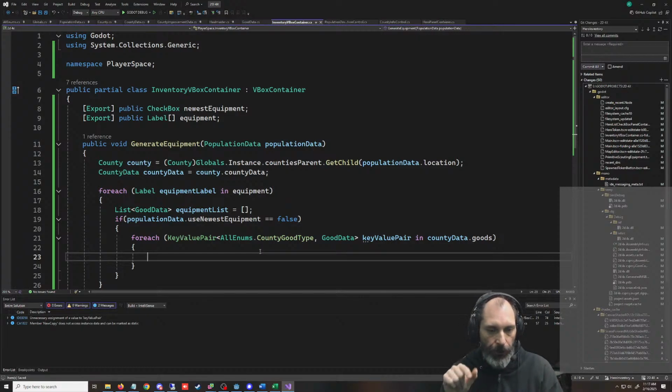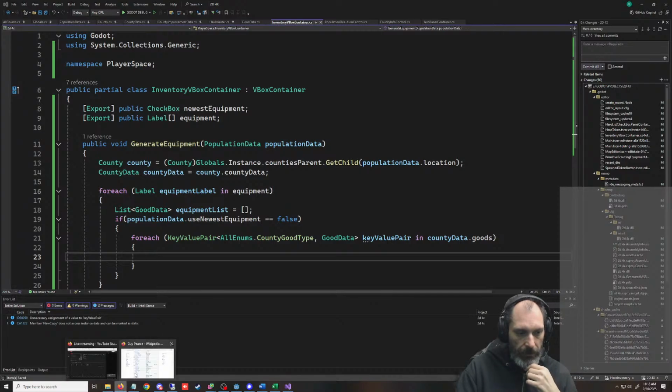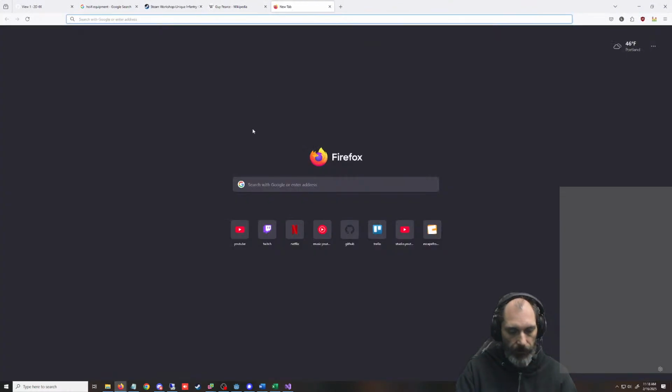All right, so we're going to go through each one of these in there. And so we're going through each label. So it's going to hit the first label. Can we get the label's index? We could do it with a for loop instead of a for each loop. But I think we might be able to get the index as well. Let's see.